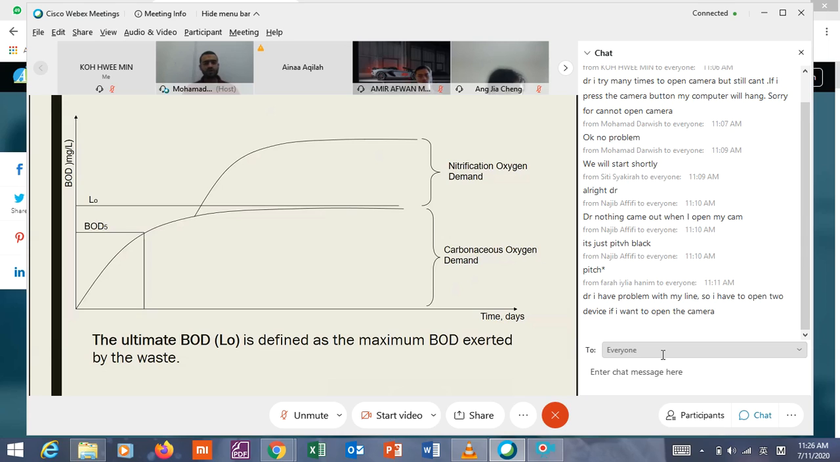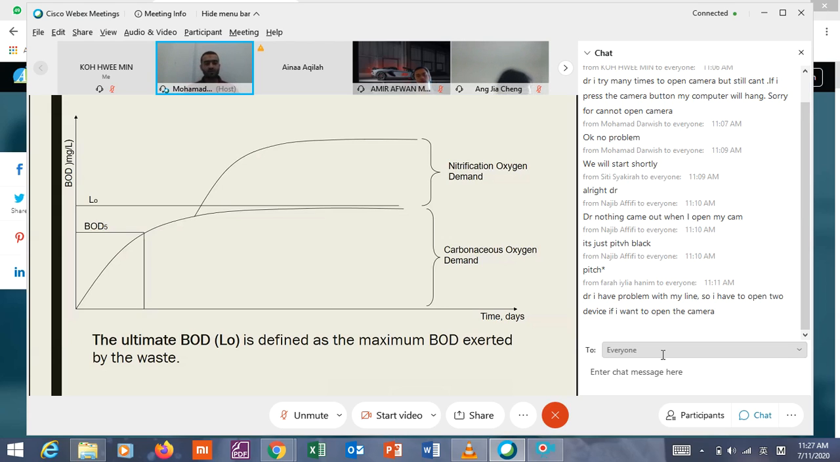Okay, all right. So what is the ultimate BOD? The ultimate BOD is the maximum limit. Theoretically, it is the maximum level of BOD that the bacteria can go for. It is the maximum amount of oxygen that can be consumed by the carbonaceous, heterotrophic bacteria. But this one is theoretical. In the lab, it is hardly able to be